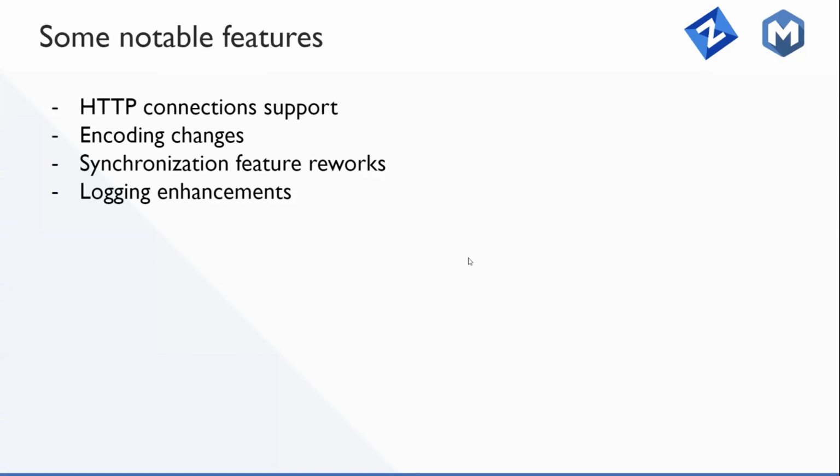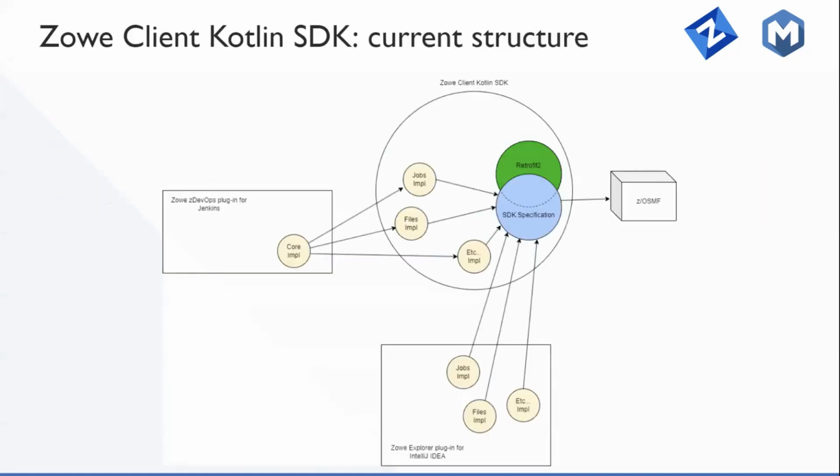So to do some warning, we have a dialog window that says that the user is about to do something. And some things like in backend side of the plugin are synchronization feature revokes and login enhancements. And I guess that's it for the most notable features of the new version of the plugin. And moving right to the next item in the list today,